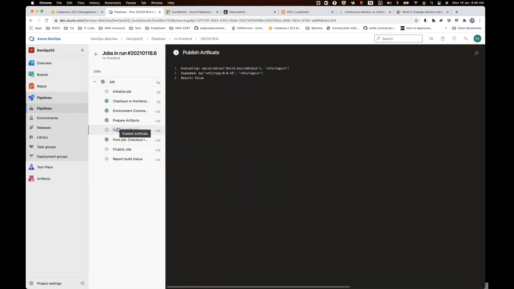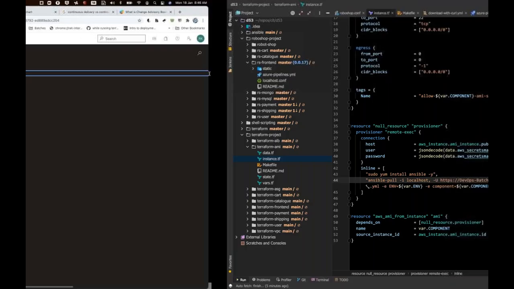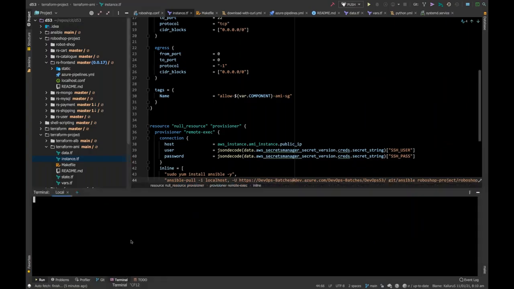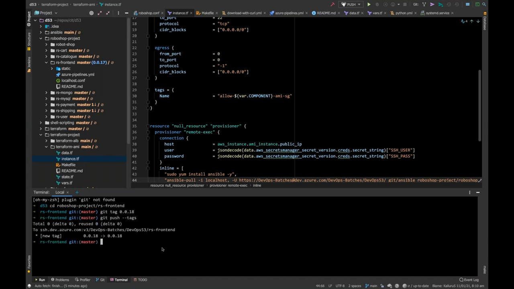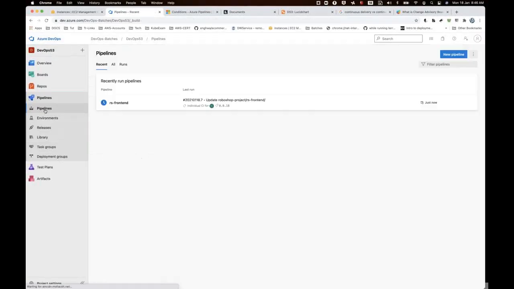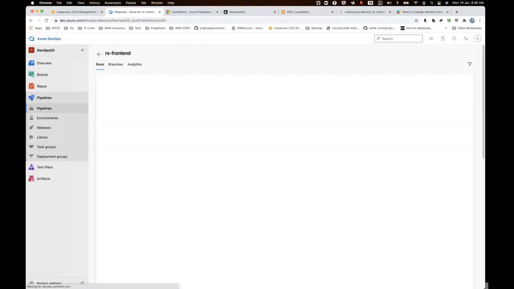Since I ran it manually, the code was still set equal to star. Let me make one more tag and push it. Okay, let's run. It's triggered automatically.